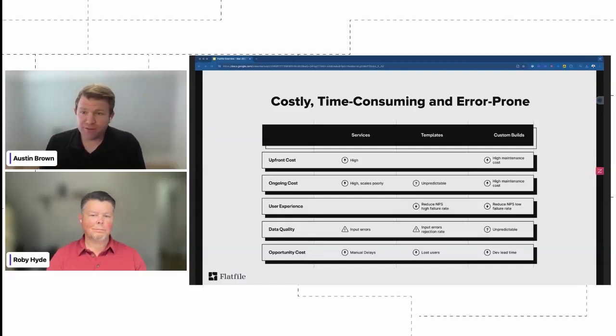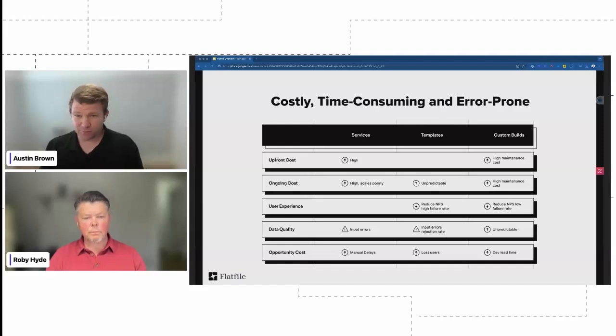And you also have custom builds. You can have your own engineering team building up your own bespoke pipeline of, we know this is how products are, and we want to do this specific transformation. All of these sometimes have their benefits for whatever challenges you have in the business. But as you can see below, a lot of those come at expense in multiple other categories, whether that's upfront cost, the ongoing cost of maintaining that solution, like a custom build,